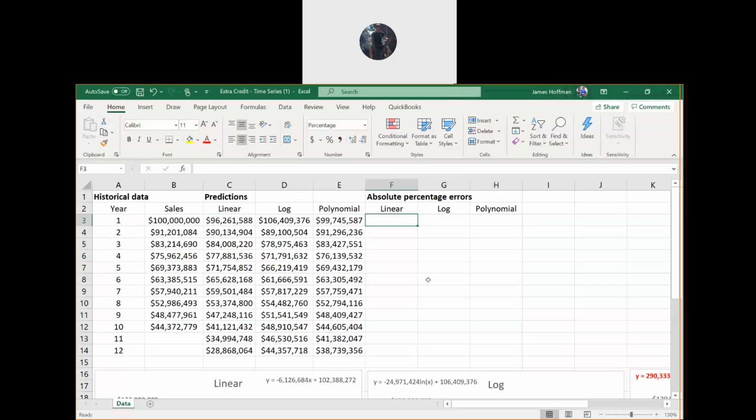In F3, the equation is equals ABS, the absolute value, and then in the parentheses, you've got another parenthesis. And the equation is actual minus prediction. So historical minus prediction divided by historical. So it's B